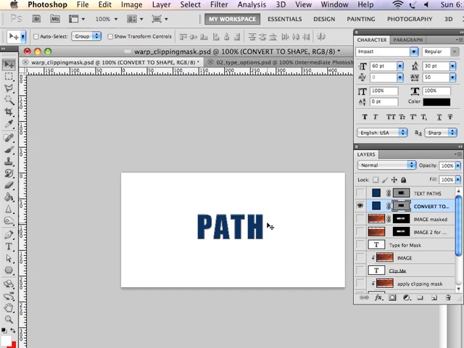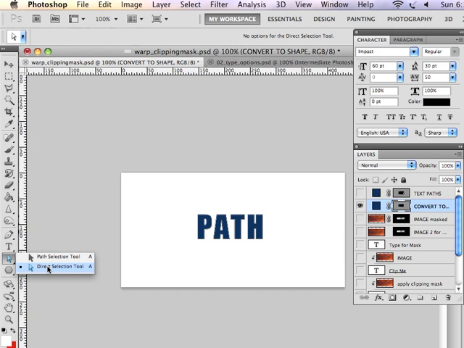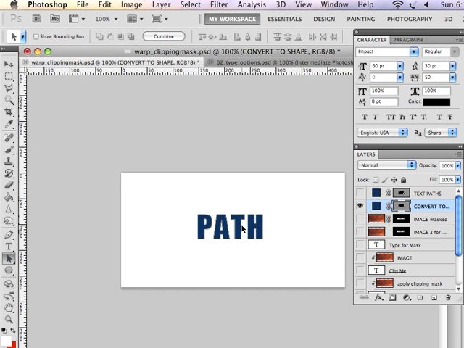And the neat thing is I can now manipulate and pull the points on the vectors just like you would any vector shape by using my direct selection tool, which is different from the path selection tool. Path selection tool will move an entire path around, but the direct selection tool will actually allow me to select individual